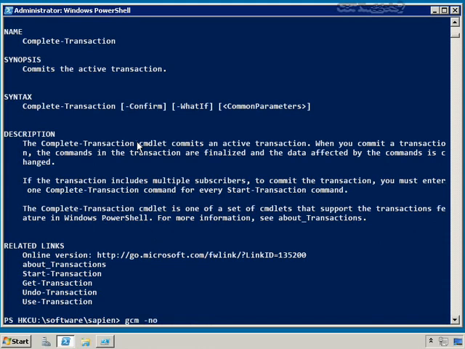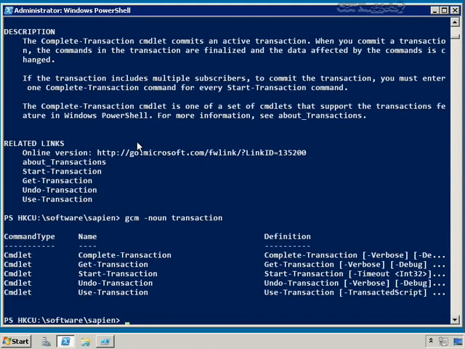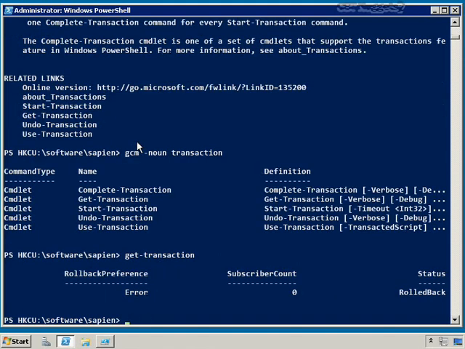Get command noun transaction. The only other thing you've got is get transaction and use transaction. Now, get transaction just gets a list of active transactions, and that's about the only way you can really see what's going on. And I do have an active transaction, but it was rolled back, you can see. And then use transaction